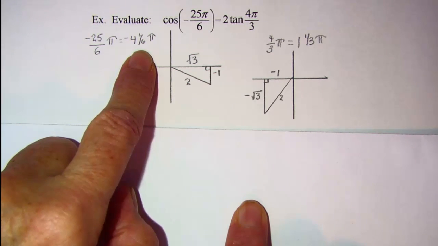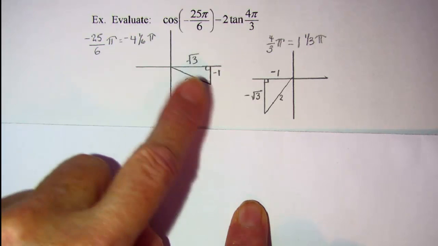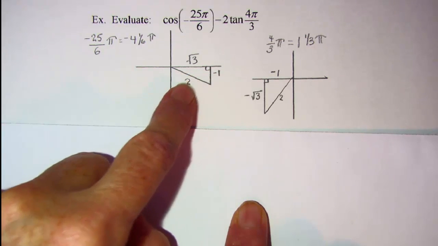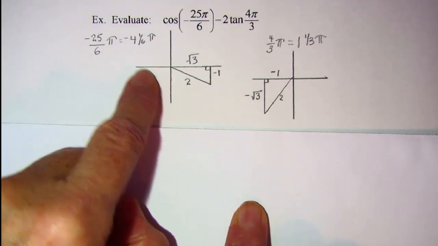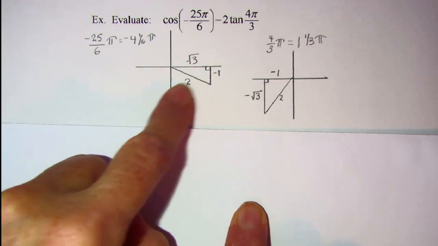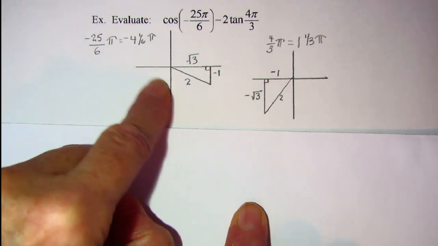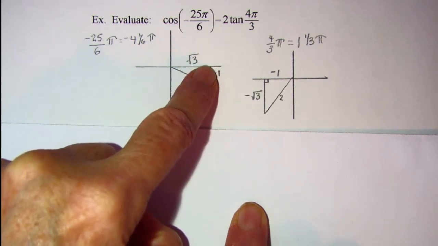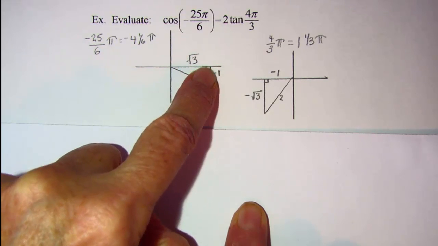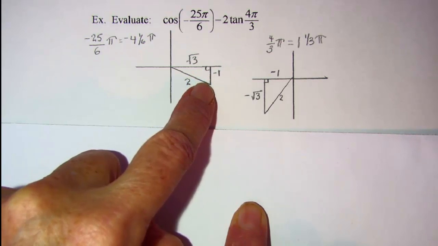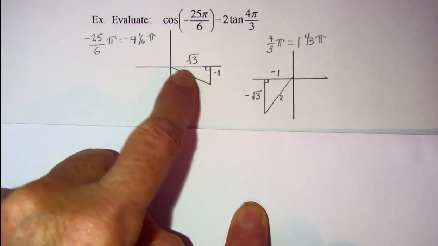And this is a negative angle, so I need to move in a clockwise direction. 1 pi would be this lower semicircle, so there's 1 pi, 2 pi, 3 pi, 4 pi. And then a sixth is the same as 30 degrees, which puts me down in quadrant 4 with a 30-degree